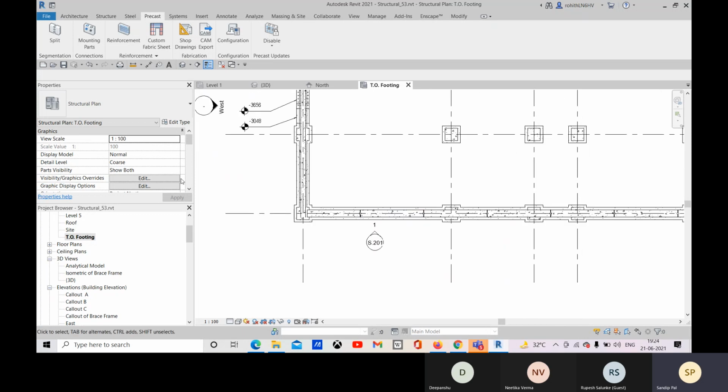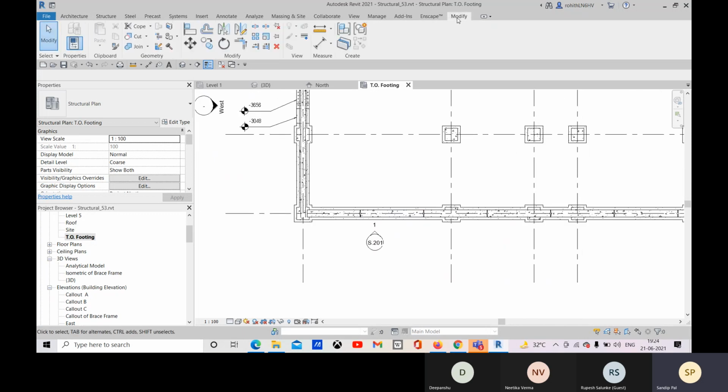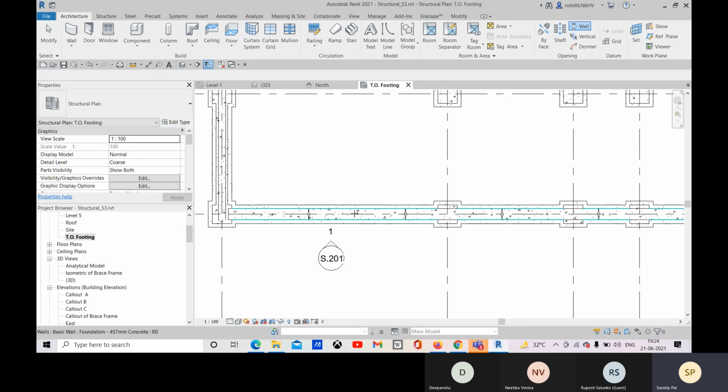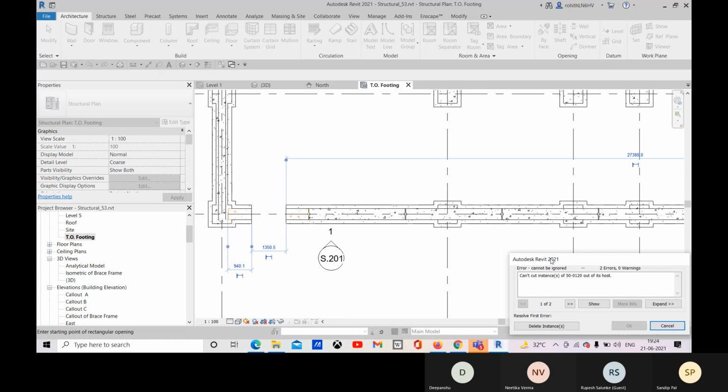And then if I want to create any wall opening, I will go to Modify. Sorry, Architecture. Then I have this Wall Opening and I can create any wall opening there. So I have created this wall opening.